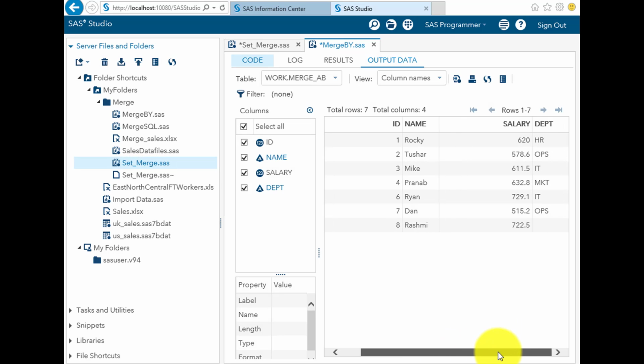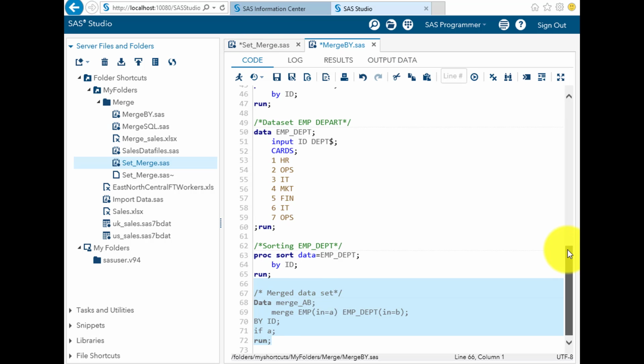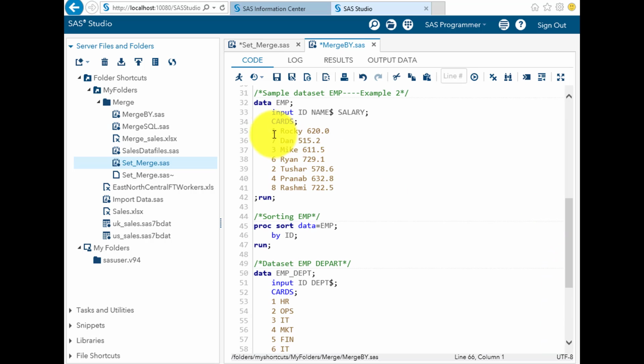Okay, so you can see it is showing all the values which are there in A, but those values which are there in B but not in A are not being shown over here. Like ID equal to 5 is not being shown over here. It's only 1, 2, 3, 4, 6, 7, 8. These were the values which were there in A. Let's go back and check that. You can see it over here, 1, 2, 3, 4, 6, 7, 8. There is no 5 over here, and the result shows the same result.